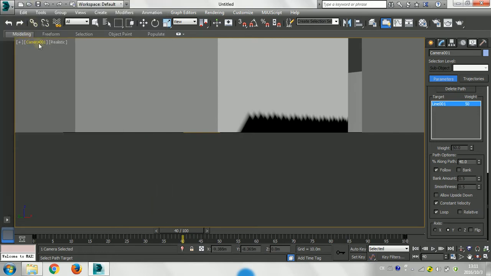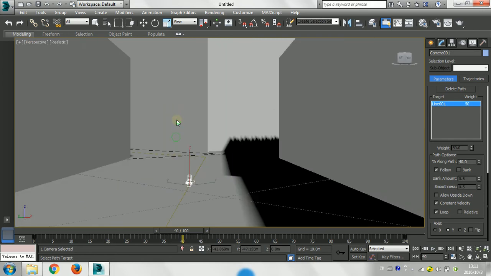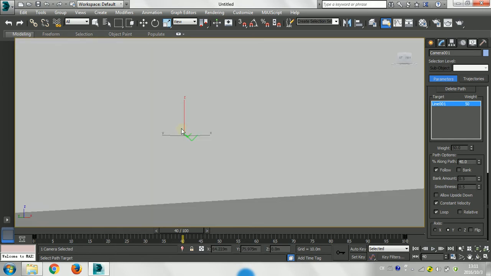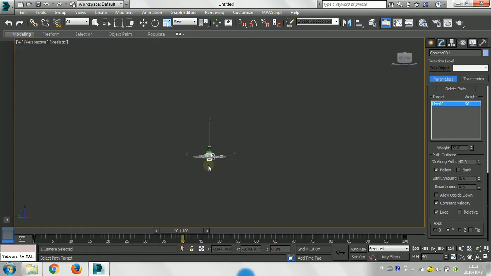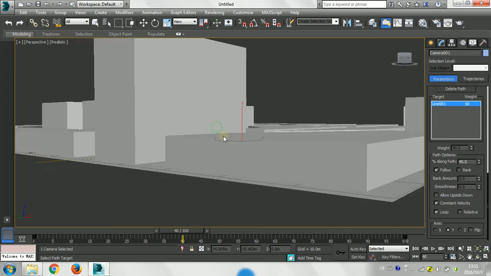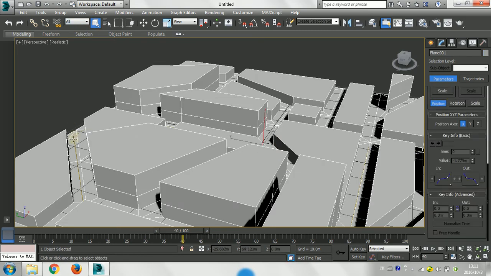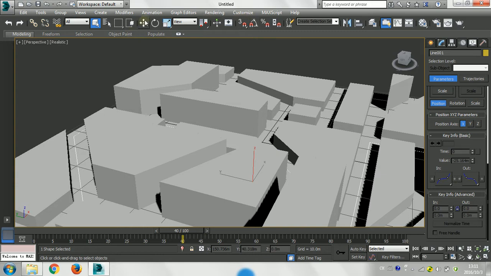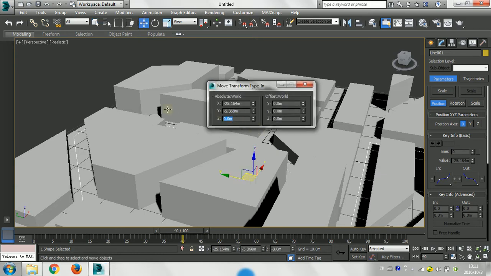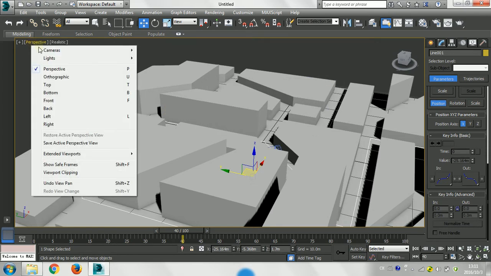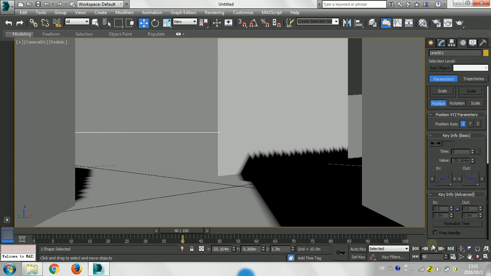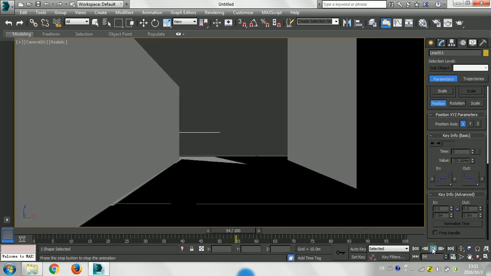Because my computer is quite slow, all we can do is just select the path. Okay, and just move it up 0.7 meters. Now if we go back to the camera view, you can see that it's like an eye